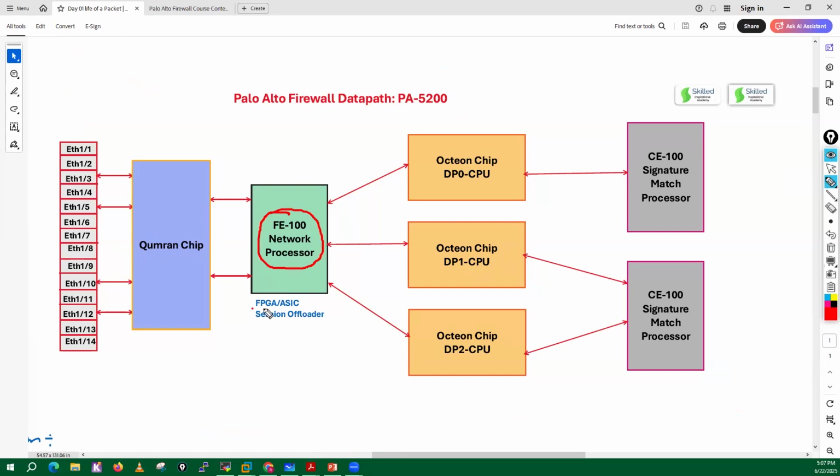It is also known as an FPGA or ASIC, and we use this processor as a session offloader. How it works, I will cover not now, in the live session offloading. Then this FE100 chip has direct connectivity with one more chip, which is known as the Octeon chip.